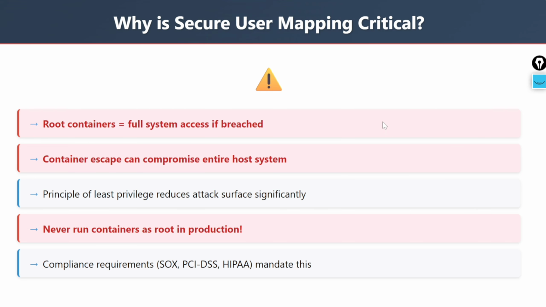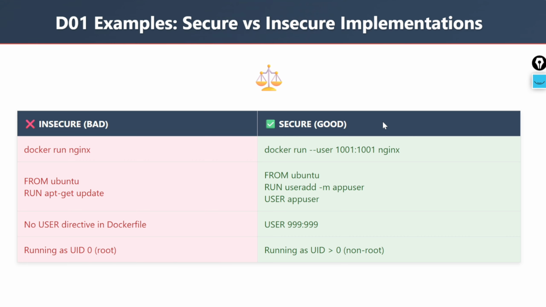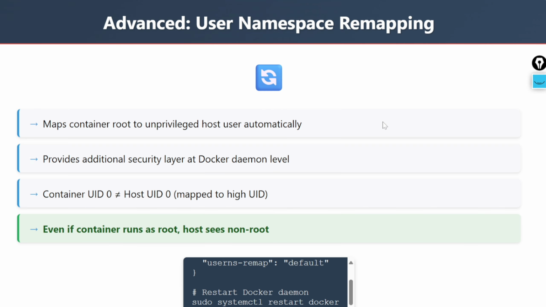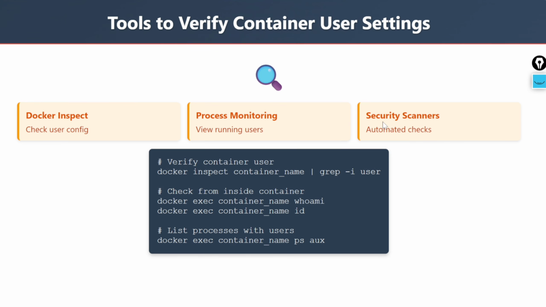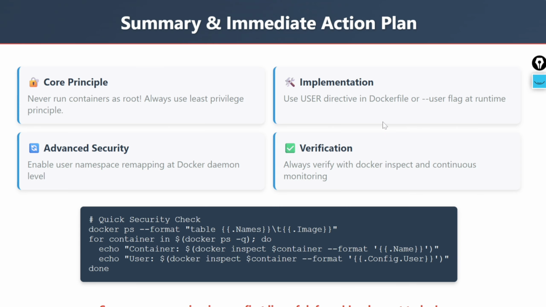and why secure user mapping is critical, and what the attack vectors for exploitation are, and some examples of secure as well as insecure implementation, and how to implement secure user mapping in a Dockerfile as well as while running a container. Then some advanced topics regarding user namespace mapping, how we need to map securely, how we need to verify a container's user settings, and some real-world impacts of poor user mapping, its exploitability level, and what damage it caused,